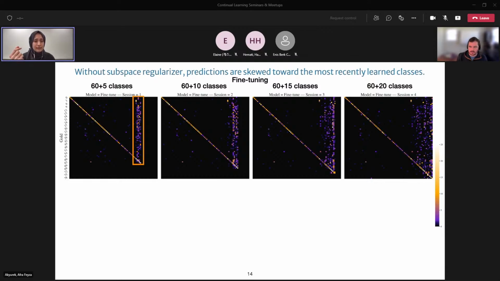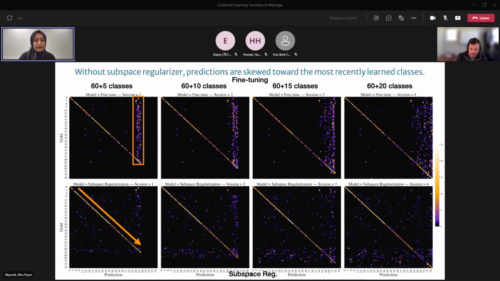In the literature this is called recency bias. Whatever you learn the least, you predict them as such. That's pretty much the case across the 4 sessions. And at the bottom, we have subspace regularization, where the predictions are more fairly distributed, and we kind of got rid of that recency bias. So it's more on the